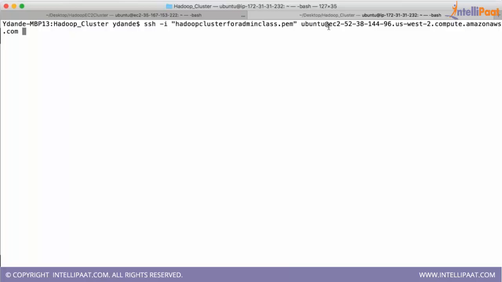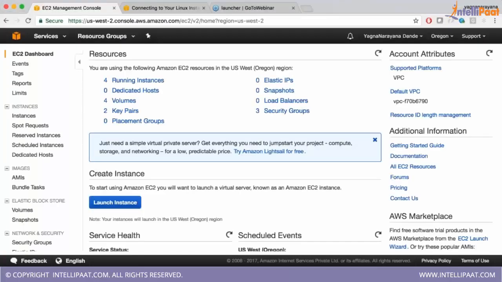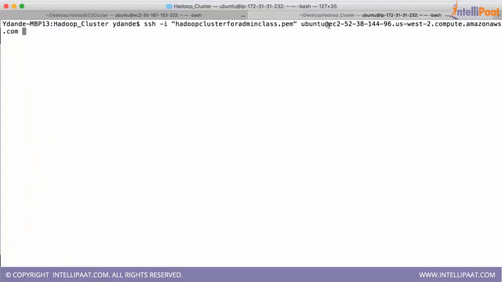So SSH is a service which allows you to connect to remote machines and work on them. SSH is a protocol, actually. It has a server and an agent. The server is already running on this machine, and we are connecting from our agent, which is installed on the client. By default, Linux or Mac will have an SSH client, because mine is a Mac box. But Windows doesn't have an SSH client, so we install PuTTY.